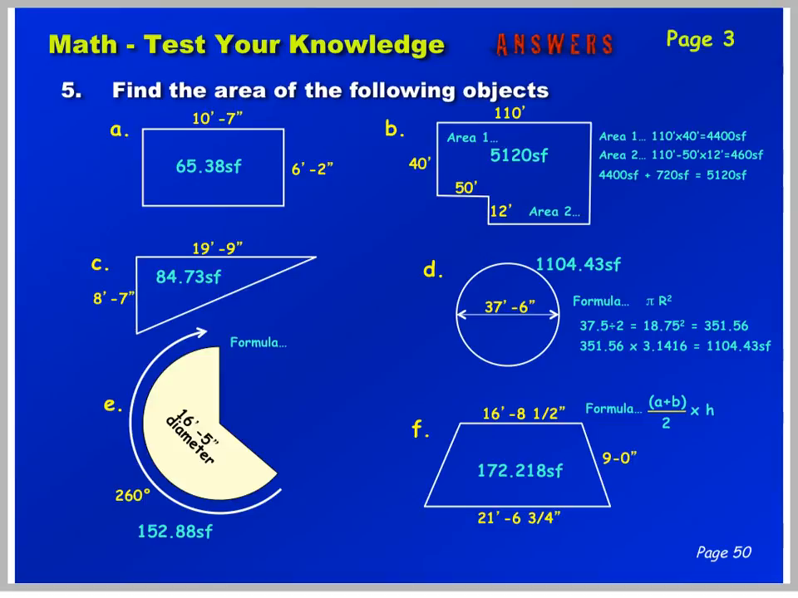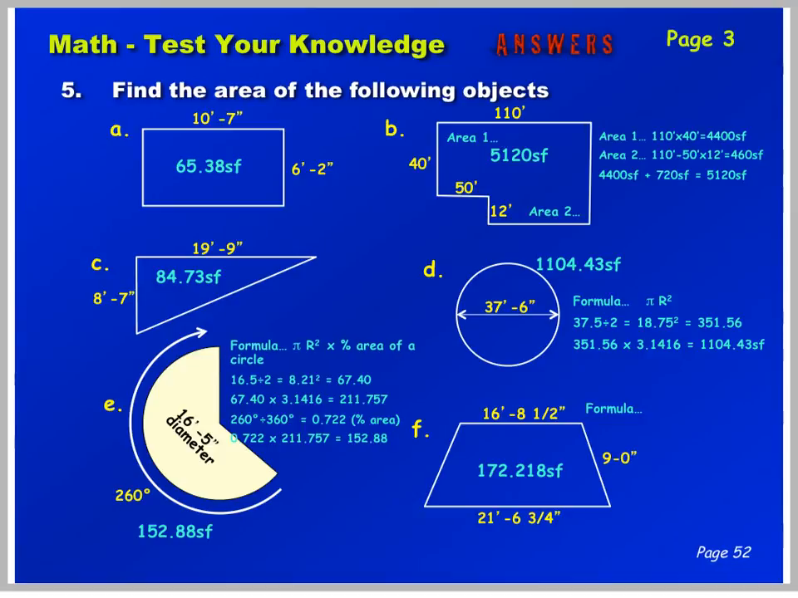Moving on to E. Again, what would the formula be to figure out this portion of a circle? Really quite simple. Pi r squared. That gets you a whole circle, times the percentage of the area of this circle, which we'll show you in the math here in a second. The math would be 16.5 divided by 2 gives you 8.25. Square that and you get 67.4. Take the 67.4 times 3.1416, which is pi, and you get